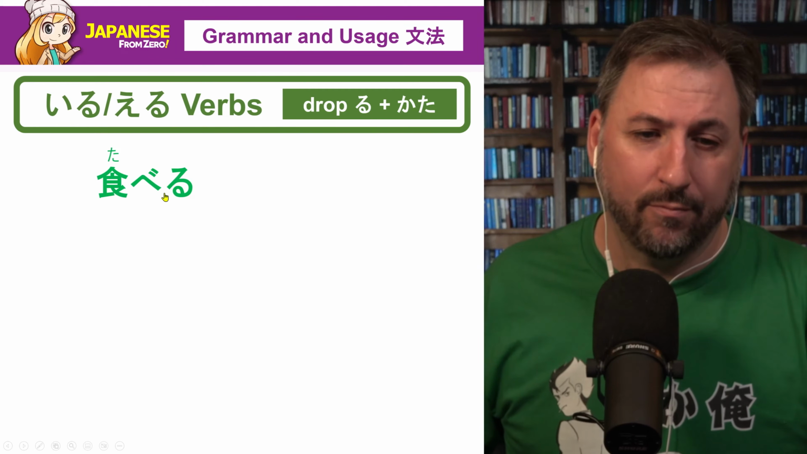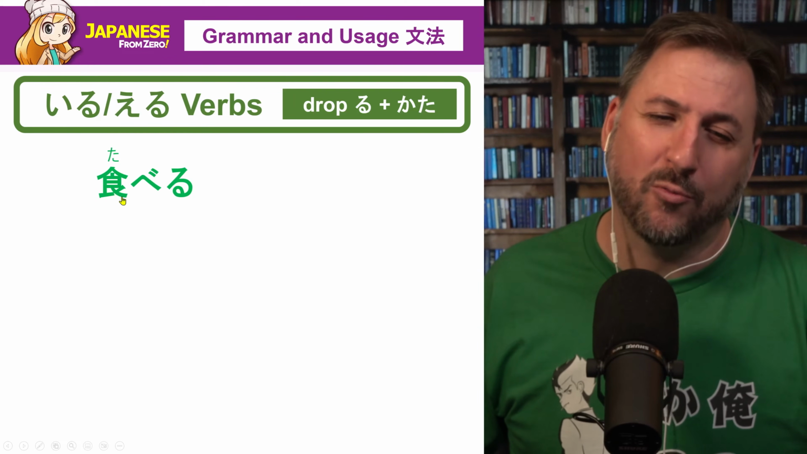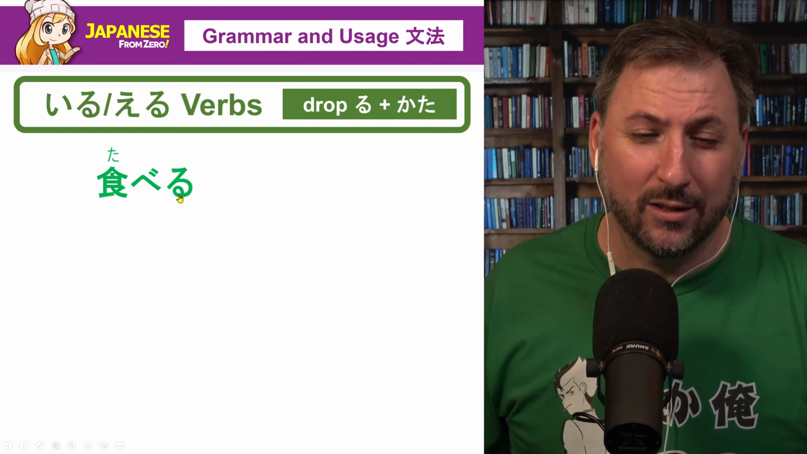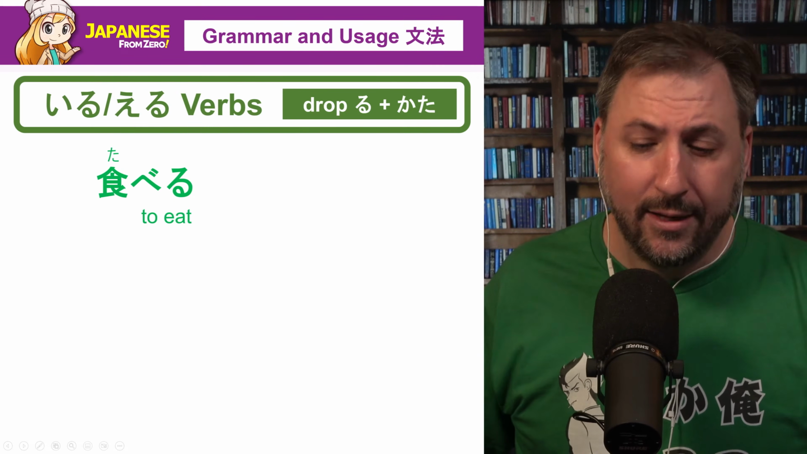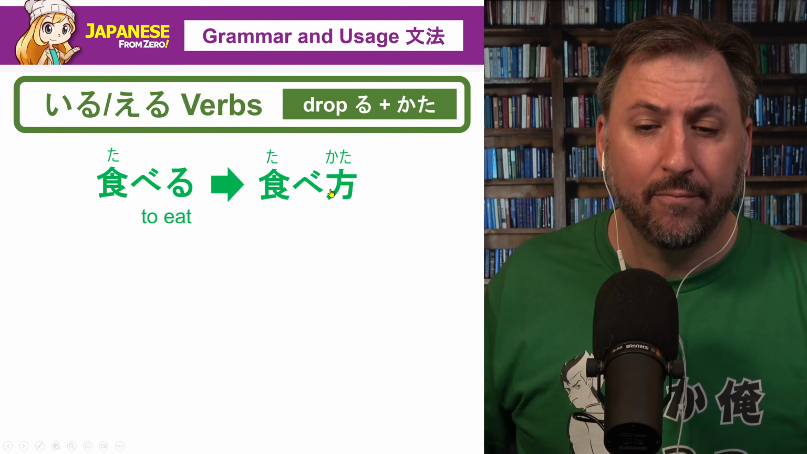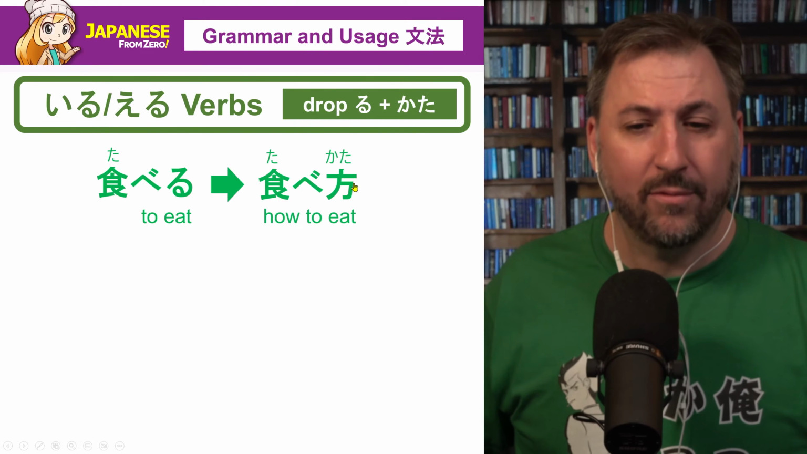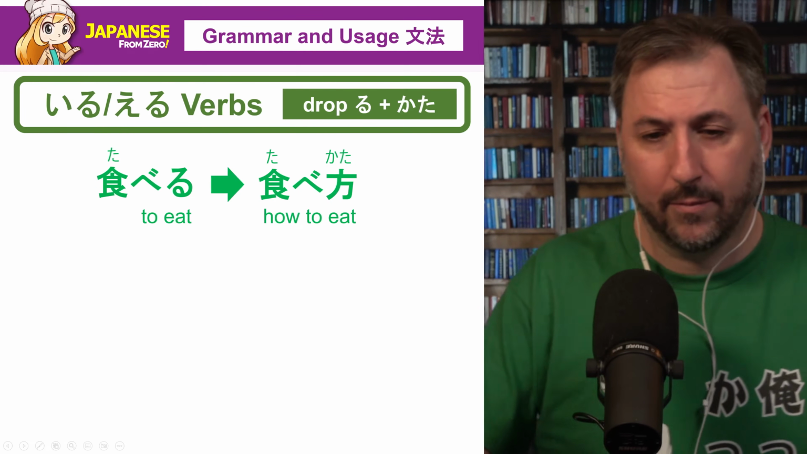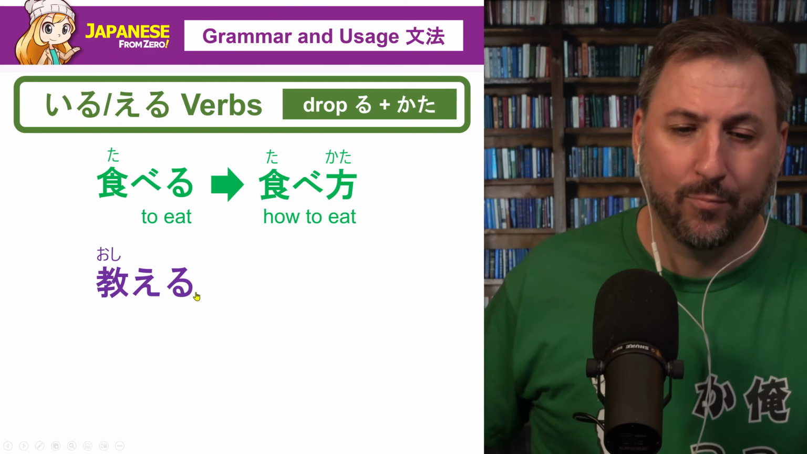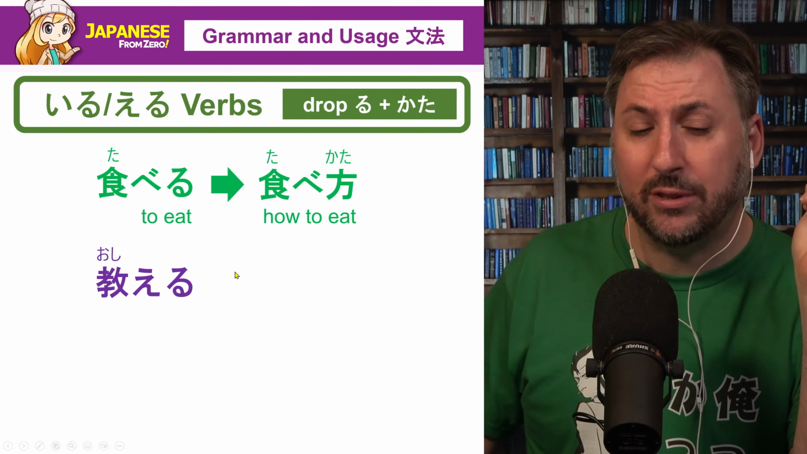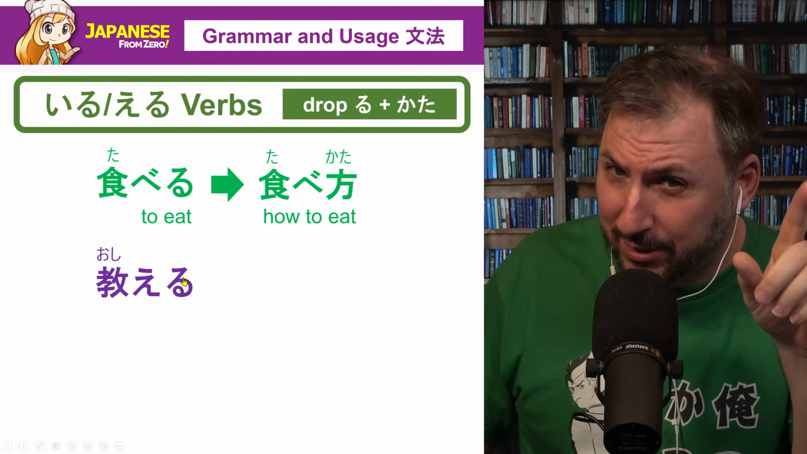For example, 食べる。 It would have been smarter if I went with the dictionary form in the prior one too. 食べる。 So what do we do here? To eat. To say the way to eat, 食べ方。 How to eat. 食べ方。